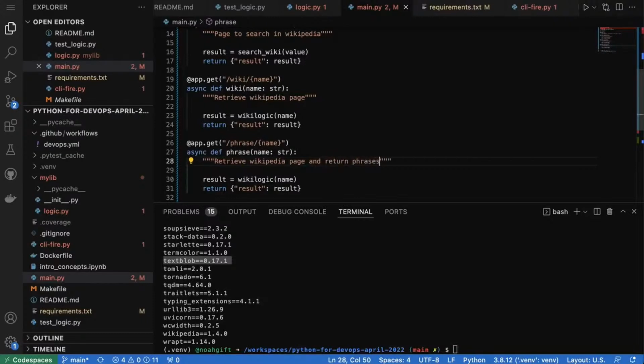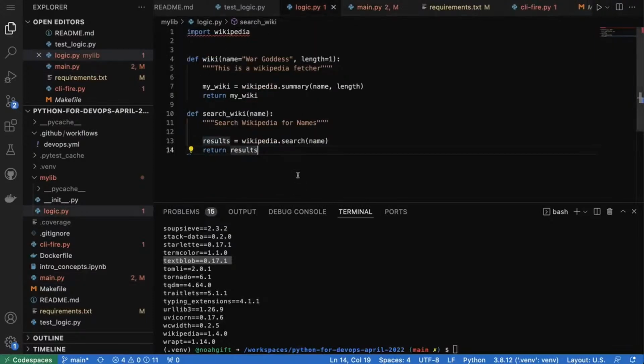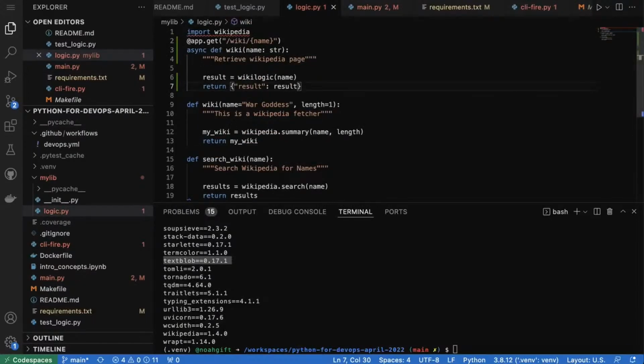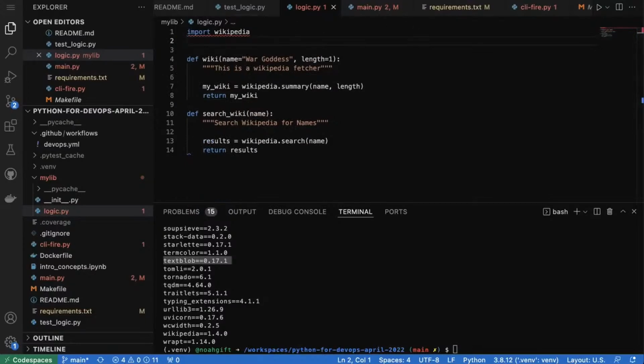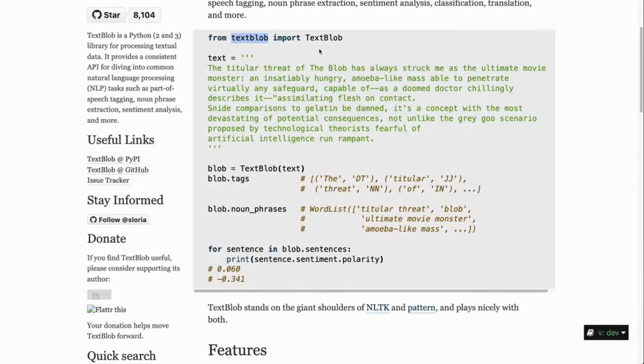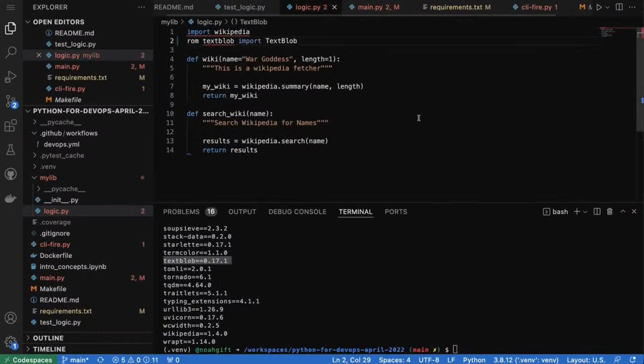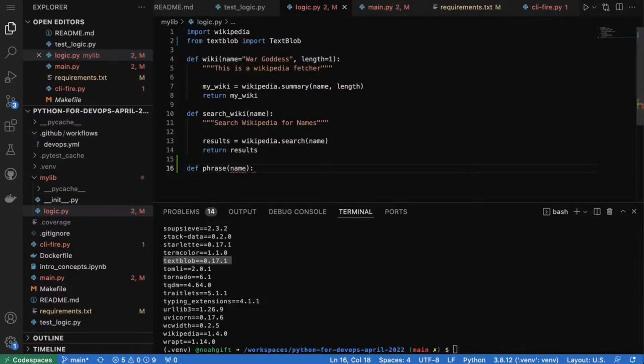Something like that. Now we should probably put this in our logic, though. So we should probably look at the TextBlob library and say this, and let's put this back into our logic. So from textblob import TextBlob, and then let's make another function that says def phrases, and this will just take a name, and we can use our other piece of code here, and we can just say returns phrases from Wikipedia,